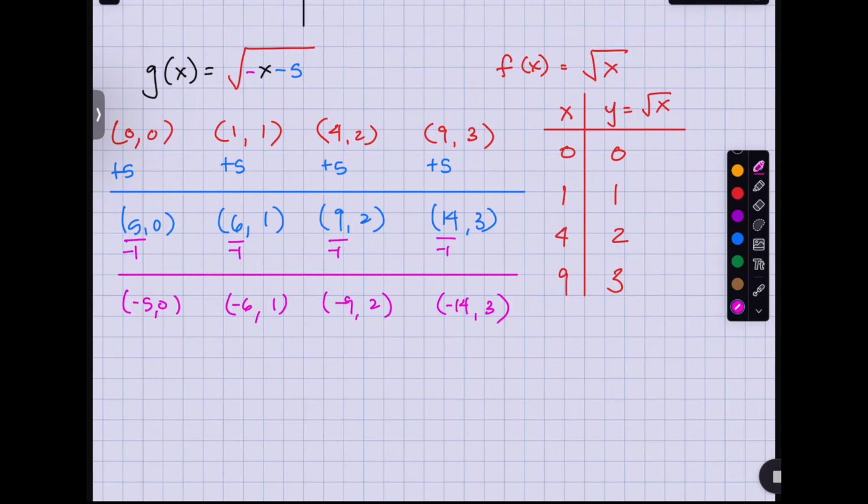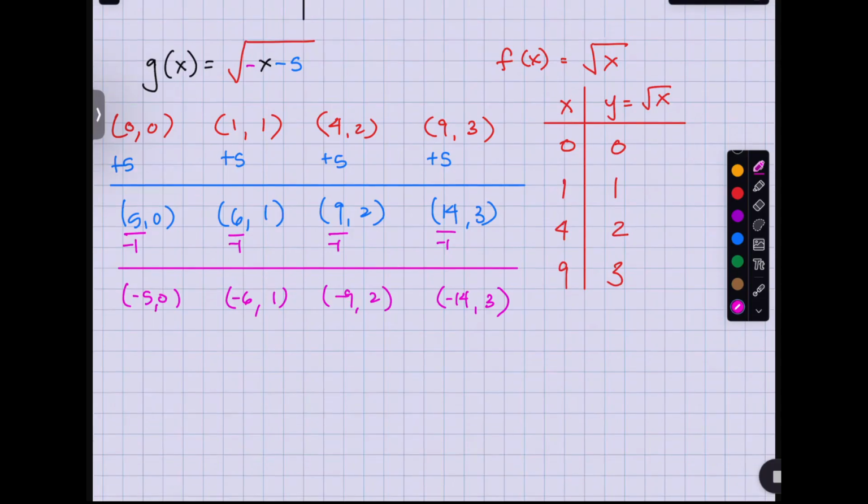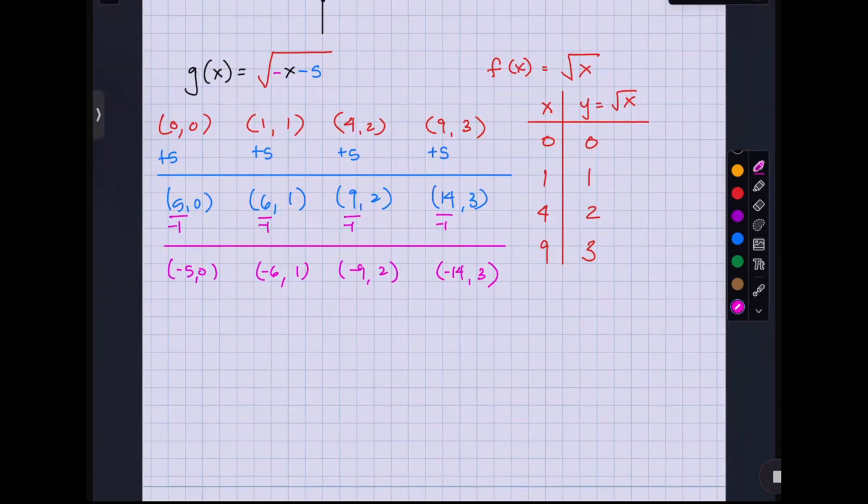So if that was like a 4 and not an x, it would be a different story. I would divide by 4. Yeah, positive 4. And then if it was a negative 4, you just divide by negative 4. Yep. So if I was to graph this,